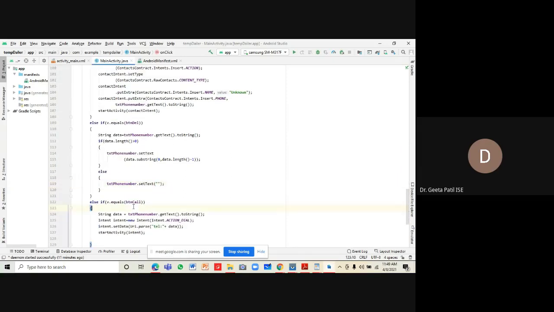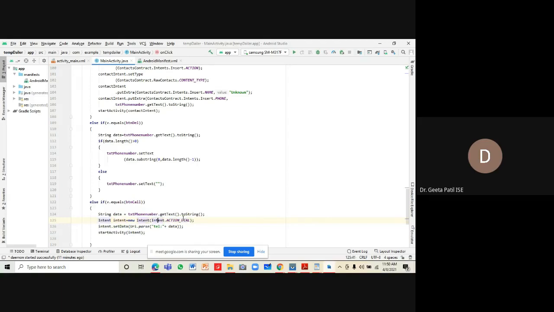And now when the call button is pressed, again we are making use of another application, so we require intent over here. When the call button is pressed, we are storing the phone number, txt phone number dot get text to string, in the string variable named data, calling intent, and it takes an action, intent dot action dial.